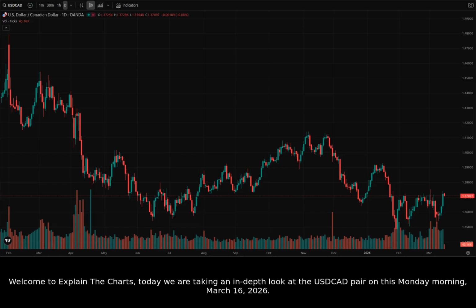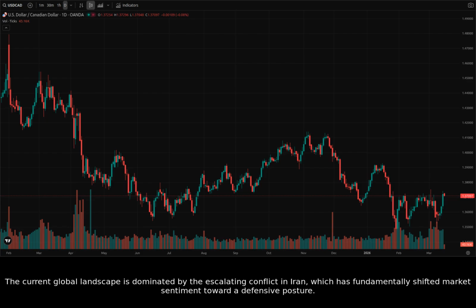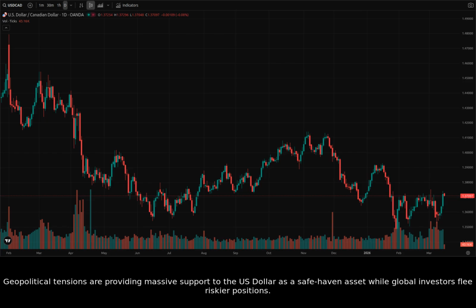Today we are taking an in-depth look at the USD-CAD pair on this Monday morning, March 16, 2026. The current global landscape is dominated by the escalating conflict in Iran, which has fundamentally shifted market sentiment toward a defensive posture. Geopolitical tensions are providing massive support to the US dollar as a safe haven asset while global investors